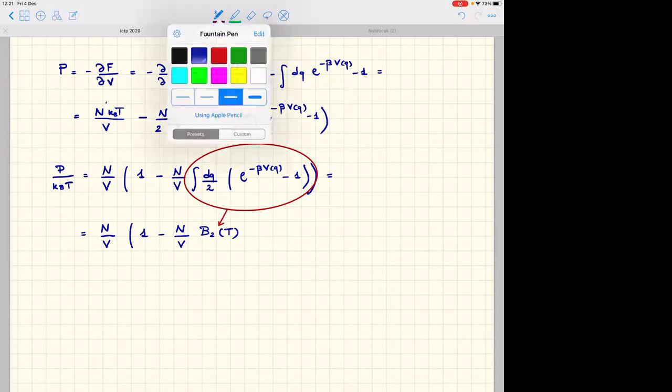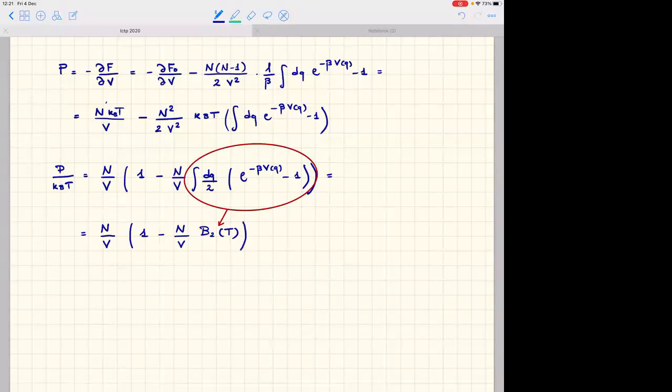And now you see something interesting. By this calculation, we have obtained a very interesting correction to the equation of state. So the equation of state for the ideal gas can be written as P over kBT equal to N over V. You agree? And now here I have a correction to the equation of state, which is of second order